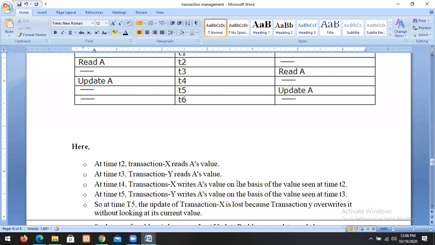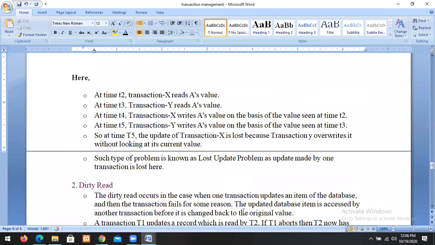Actually we should get 300 now, but we get only 200. At time T2, transaction X reads the value of A. At time T3, transaction Y reads the value of A. At time T4, X writes the value of A on the basis of the value seen at time T2. At time T5, transaction Y writes the value of A on the basis of the value seen at time T3. The update of X is lost because it is overwritten. So this is called the last updation problem.